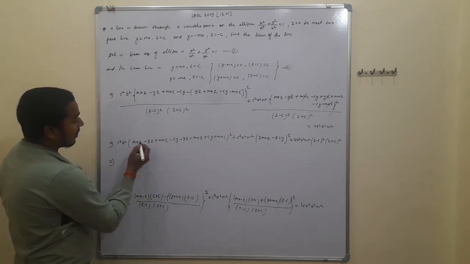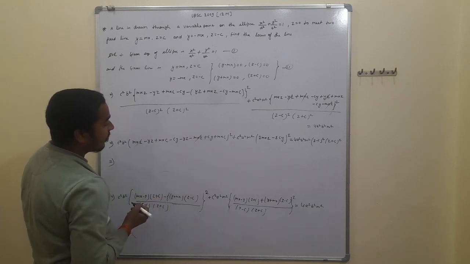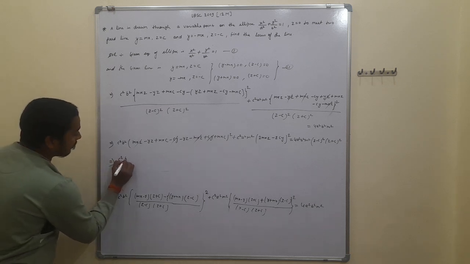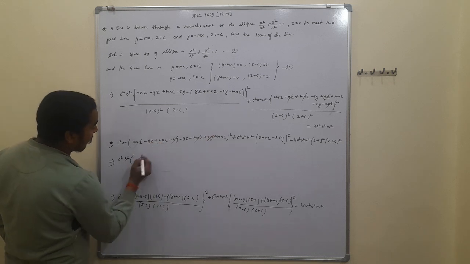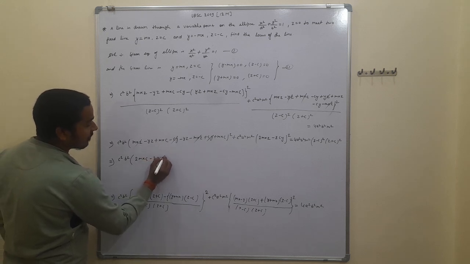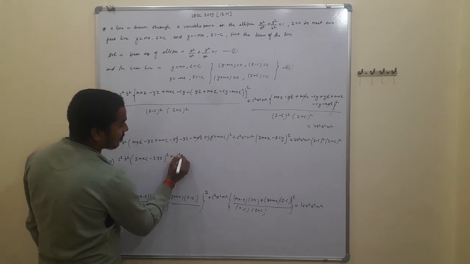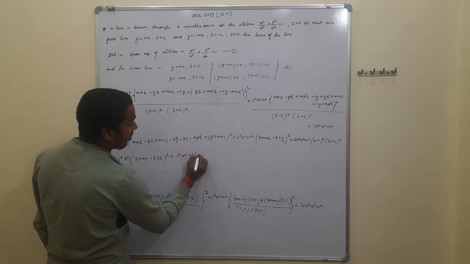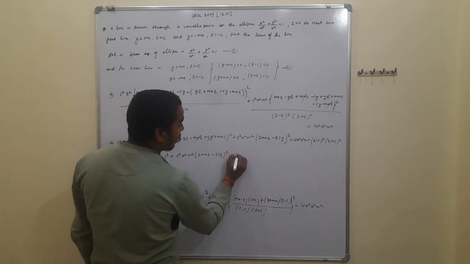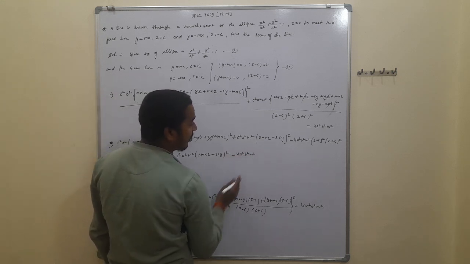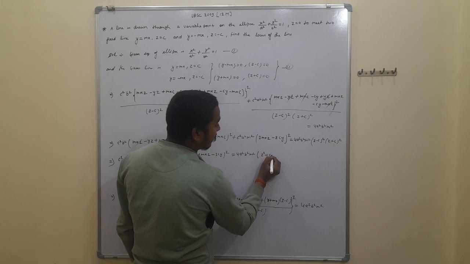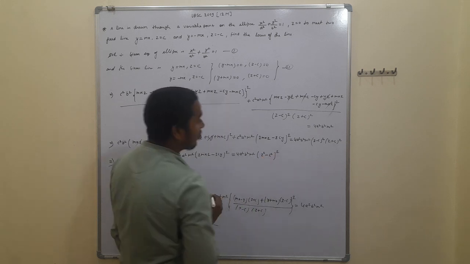plus of mxz and minus of mxz cancel out, and plus of cy and minus of cy also cancel out, then the remaining is c square into b square and mxc and plus of mxc, that is 2mxc and minus of yz and minus of yz, that is minus of 2yz whole square plus of c square into a square into m square and 2mxz minus of 2cy whole square is equal to 4a square b square into m square, and we can also write that z square minus c square whole square,